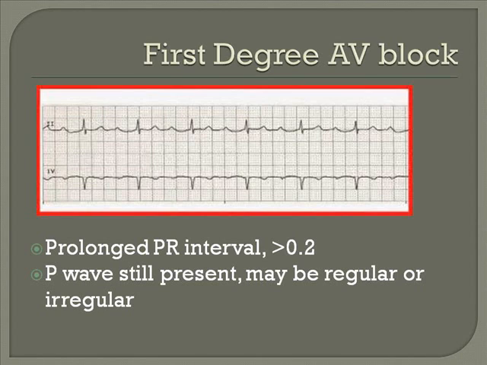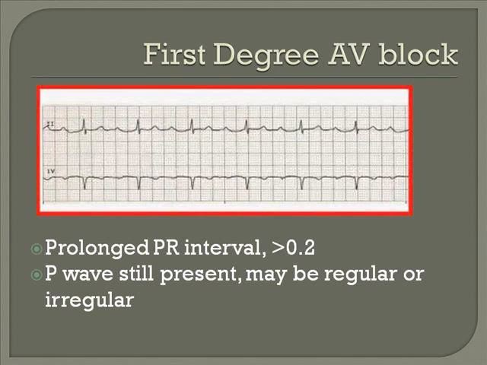This particular one we're looking at here happens to be a 0.4 second PR interval, which is twice what it should be. This is almost always a sign of a heart attack, past or present. If this person has not had this problem before, it gives you one more piece of the puzzle telling you this person might be having a heart attack. If it's chronic, this is a survivable rhythm. People can walk around with this for several years and not be bothered by it, as long as it doesn't